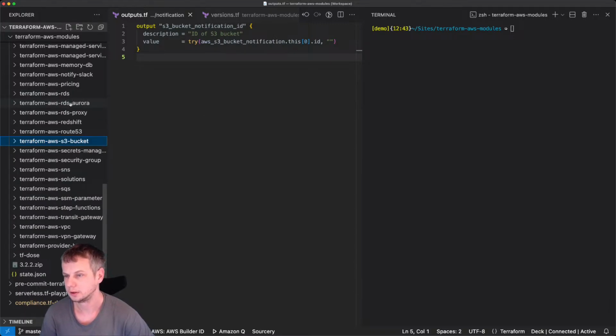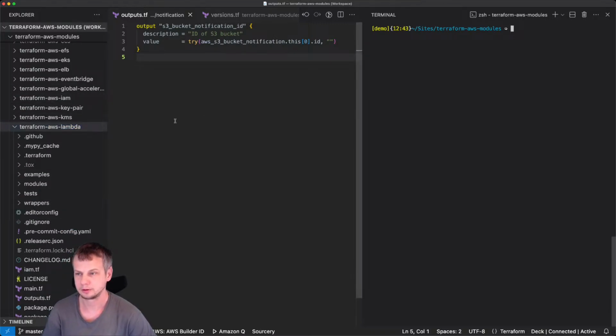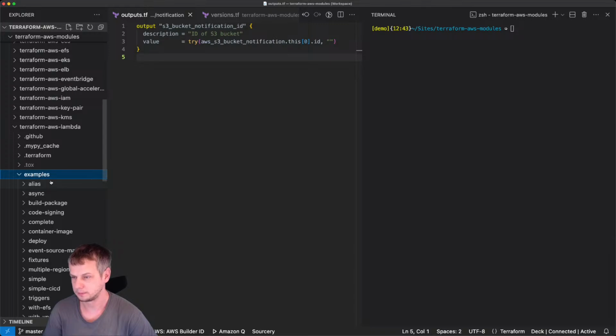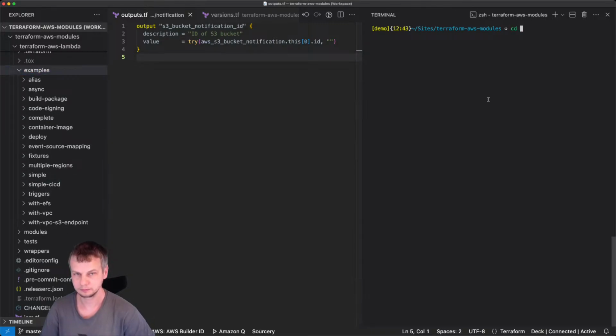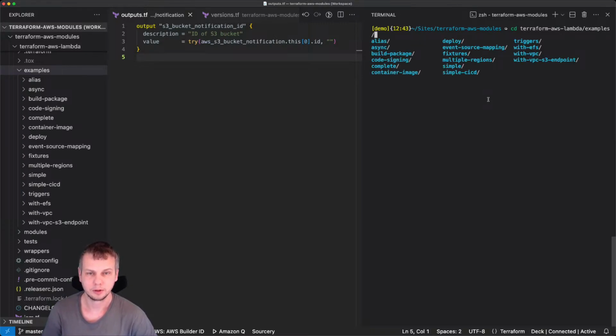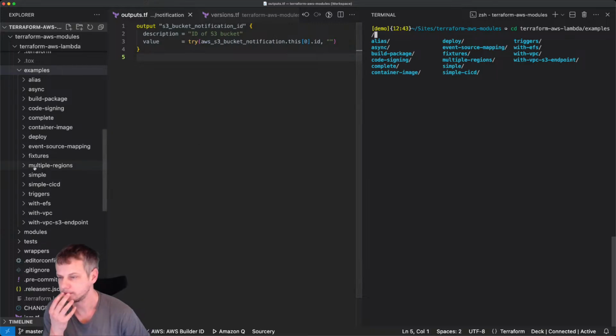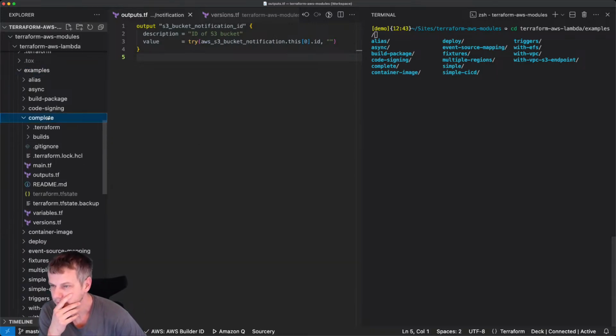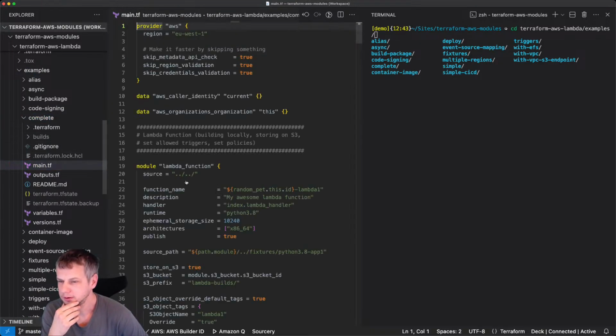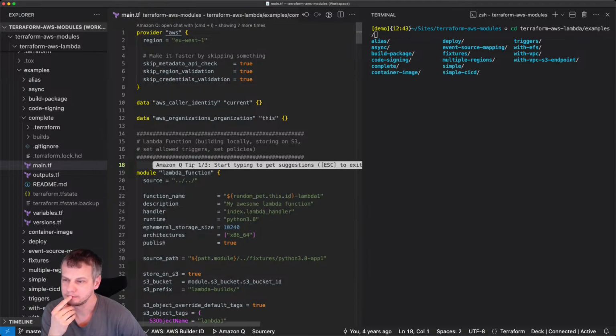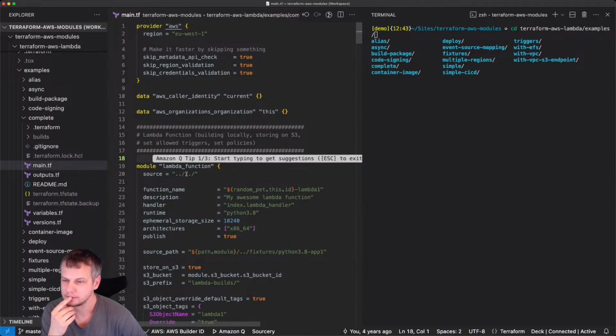So let's look into the Lambda module, example. Lambda examples. Which example do we want? I guess complete is fine. Amazon Q tip 103, start typing to get suggestion.